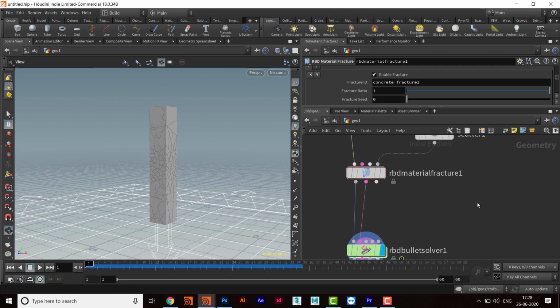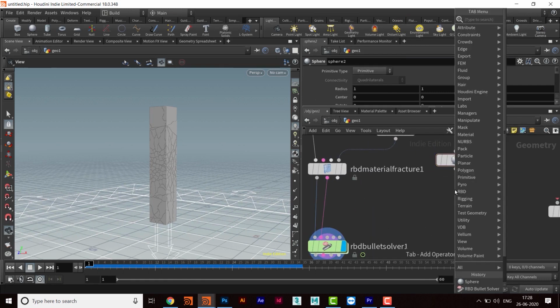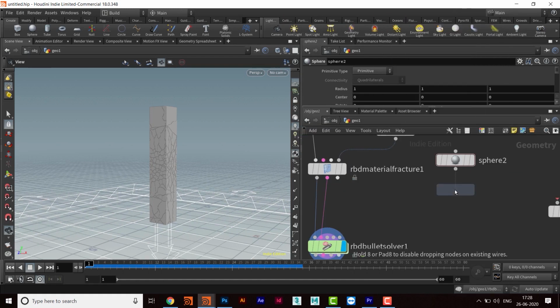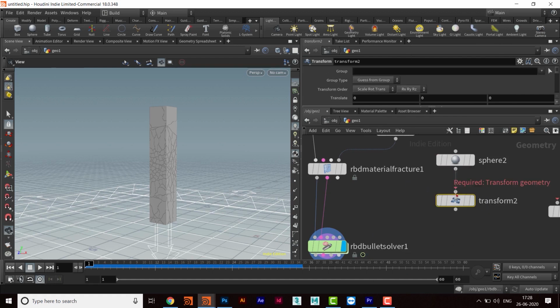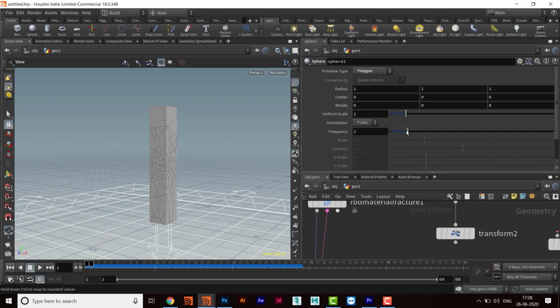So I will take a sphere and then take a transform, and I'll take it to 3, and then I'll change the primitive to polygons and change the value to maybe 8.